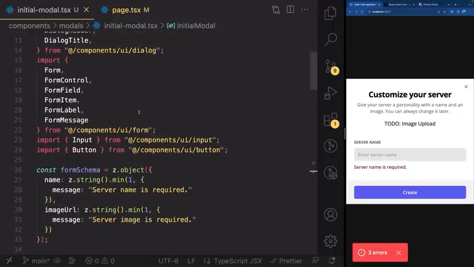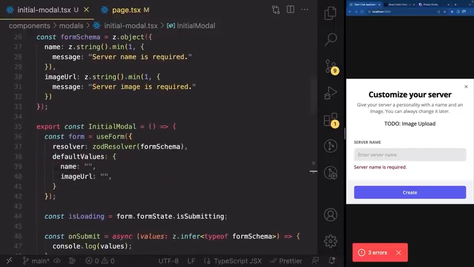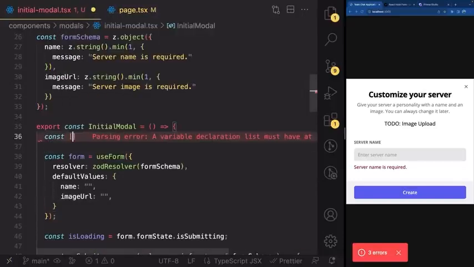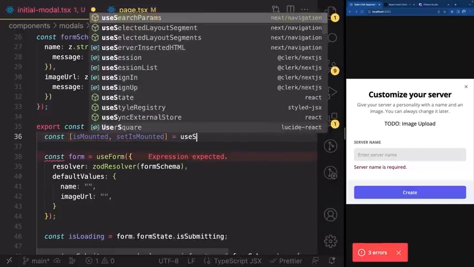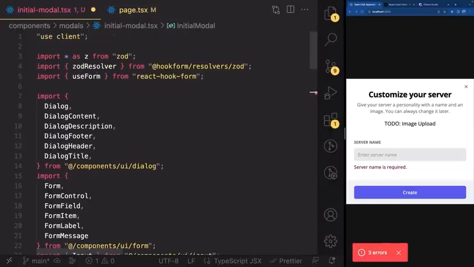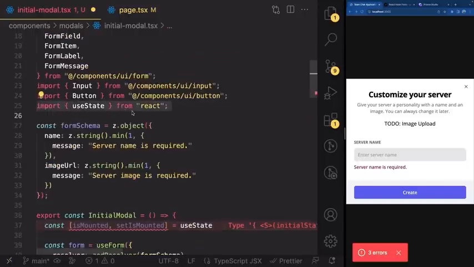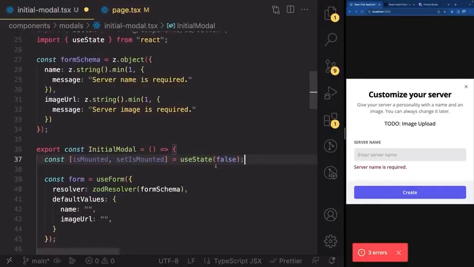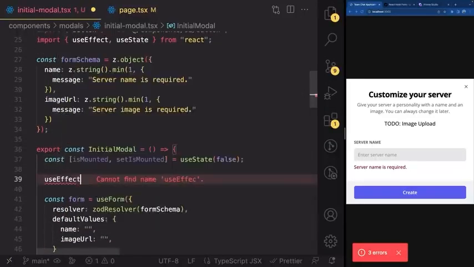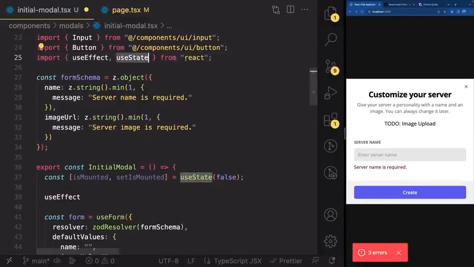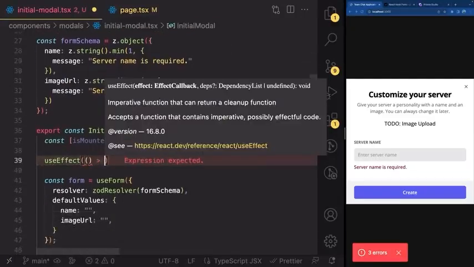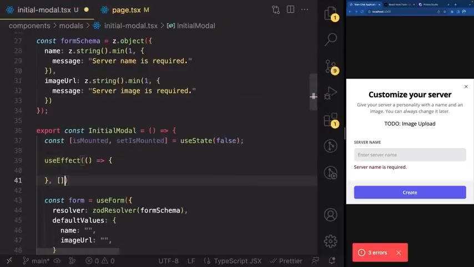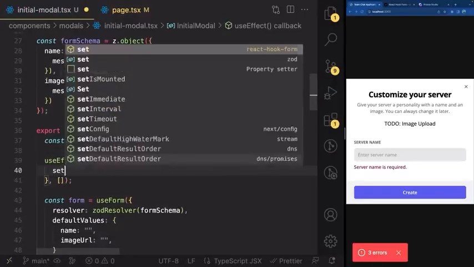So in order to fix that, we're gonna go ahead and do a little mounting trick here. So what you have to do is find the start of your initial modal and write const isMounted, setIsMounted to be equal to useState from React. So make sure you've imported useState from React as I did right here, and give it a default value of false, like that. Now let's go ahead and write useEffect also from React. So make sure you imported useEffect and useState from React, like that. And in this simple arrow function inside with this empty dependency array, all we're gonna do is set isMounted